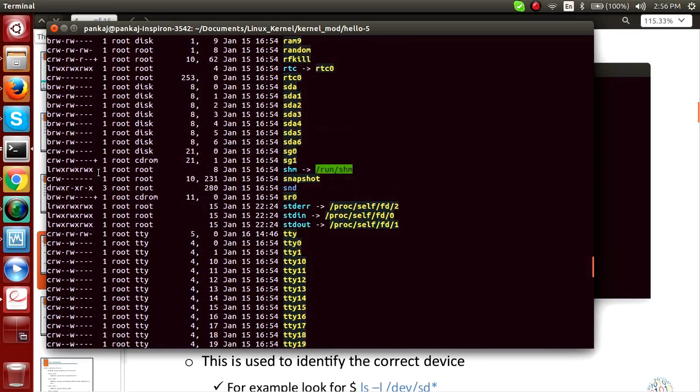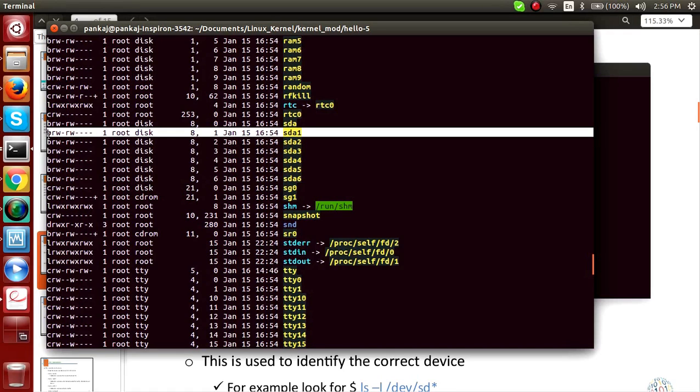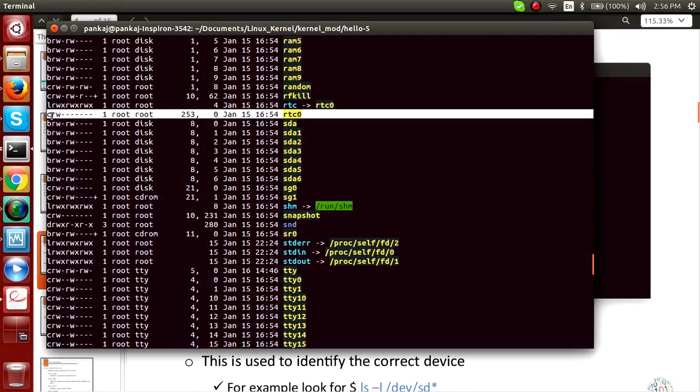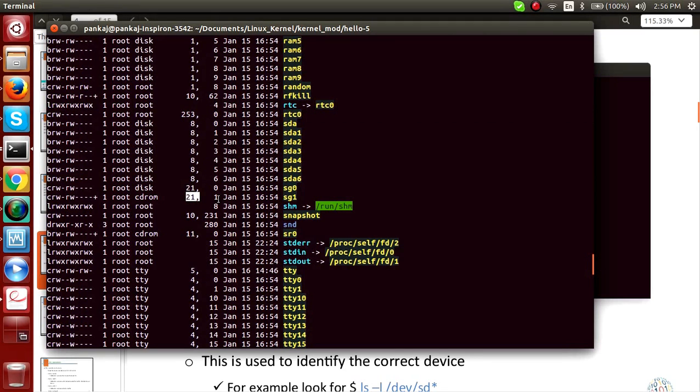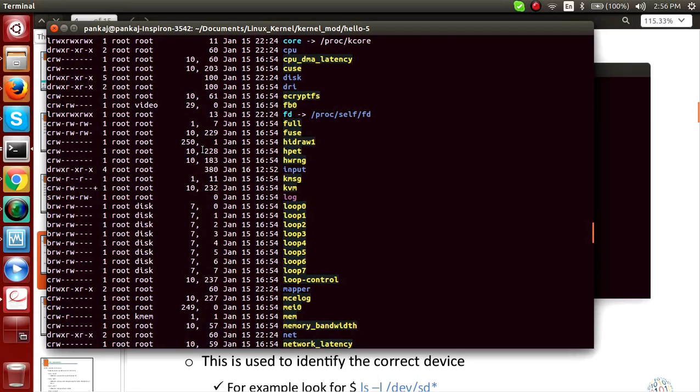That could be an actual device in the system, or a pseudo device which we are going to build right now. This one is a block device. B stands for block device, C stands for character device, and you can see the major number and then the minor number. You can see everywhere that a major and minor number is associated.